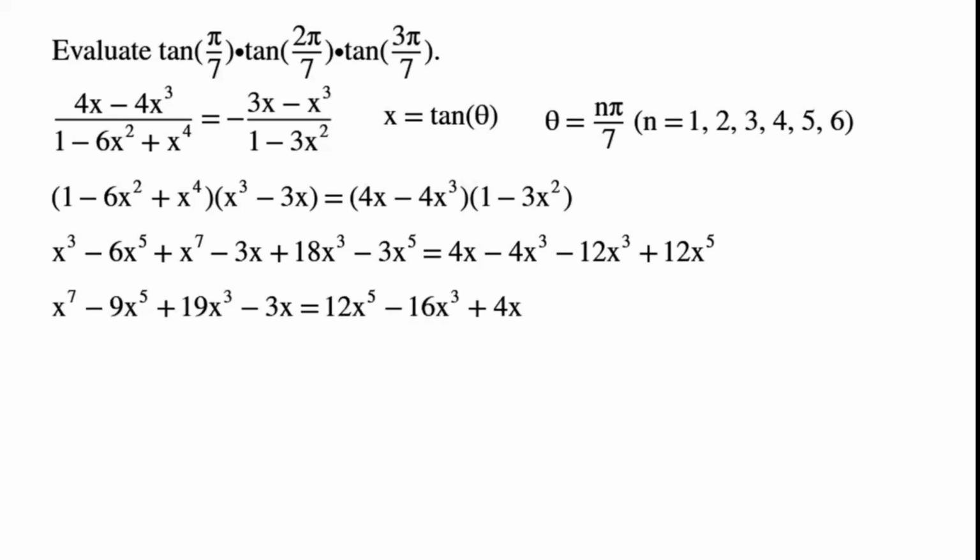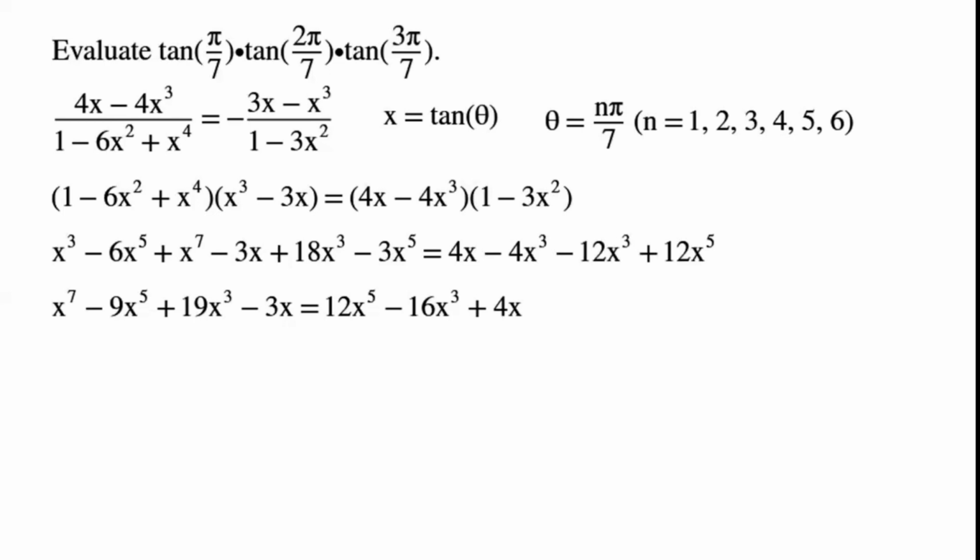By collecting like terms, we can now write x to the power of 7 minus 9x to the power of 5 plus 19x to the power of 3 minus 3x equals